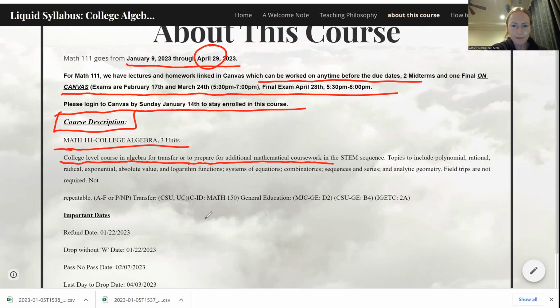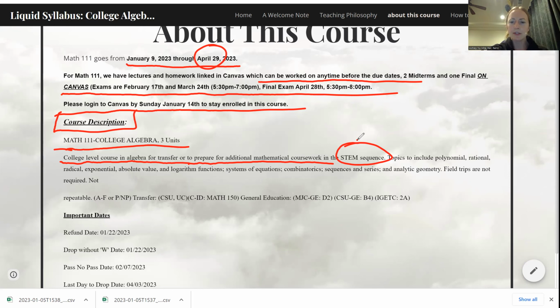Let's see. Yeah, college level coursework and the STEM sequence. So if you're not sure which class you're supposed to be in right now, maybe you're a new student, Math 111 is supposed to be almost like a pre-calculus class. So it's for those that want to do STEM majors: science, technology, engineering, math. If you're trying to do a different major and you know you're not going to be a STEM major, you might want to talk to a counselor about maybe taking a different math class. I mean, you could take this one, but it's harder than it has to be, I guess, if you don't need it, if that makes sense.